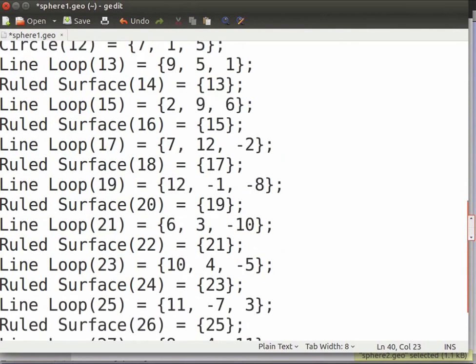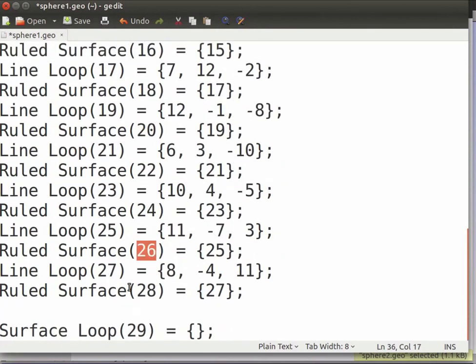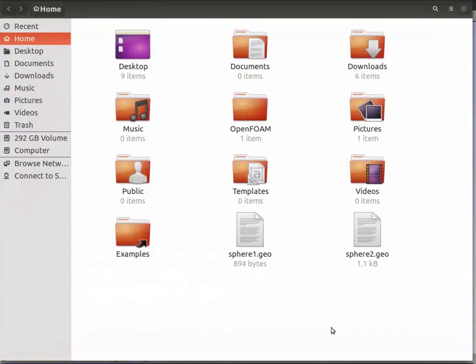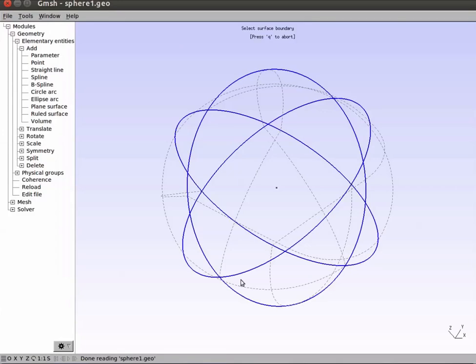Here, the identities are 14, 16, 18, 20, 22, 24, 26 and 28. Now save and close the sphere1.geo file. Let's switch to the Gmesh interface.